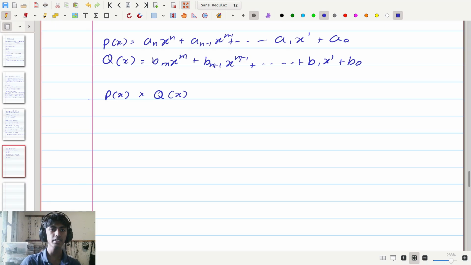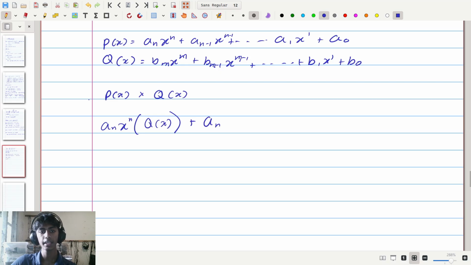So when we multiply p(x) and q(x), we have essentially to multiply all of this added together by all of this added together. So by the distributive and commutative properties, we can see that what we have to do is multiply each term in the first sum by the entire second sum and then expand that second sum as well. So we can say this is the same as doing a sub n x to the n times the entire sum of q(x)